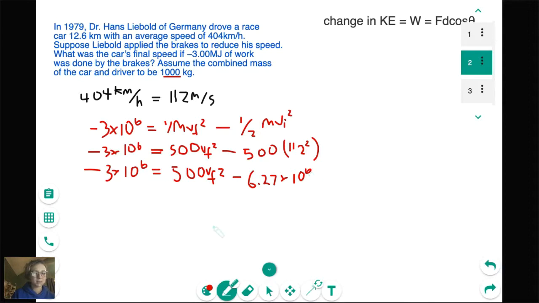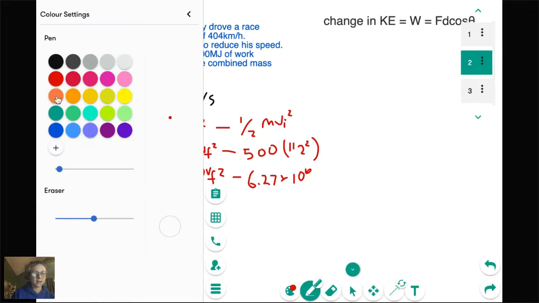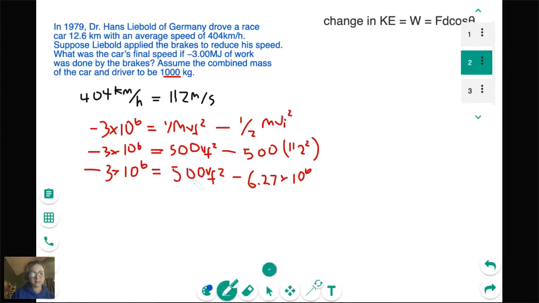So if I add that to both sides, positive 6.27 times 10 to the 6th minus 3 times 10 to the 6th, I'll get 3.27 times 10 to the 6th. And then I will divide both sides by 500 and take the square root. And again, my handwriting is messy and slow, so I'm trying to just talk through the algebra instead of actually writing it out. But in the end, if I solve all that for Vf, I get 80.9